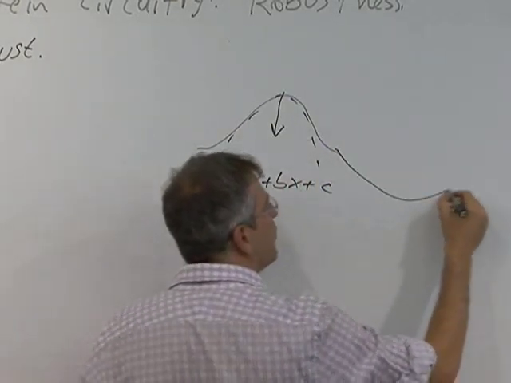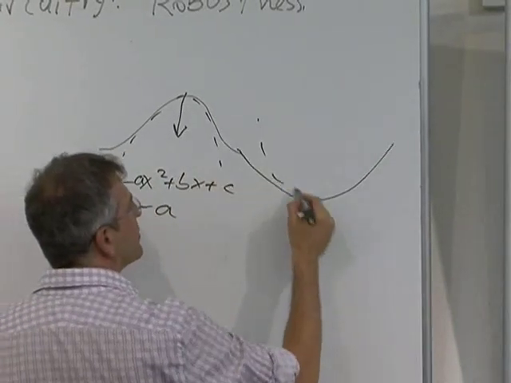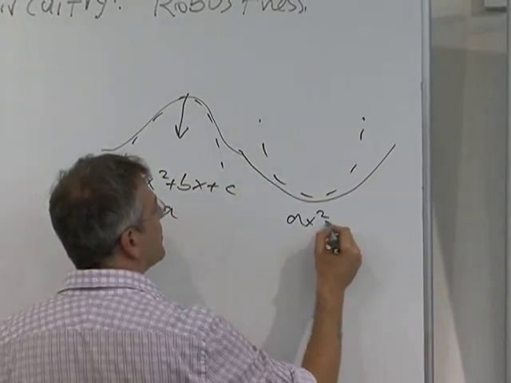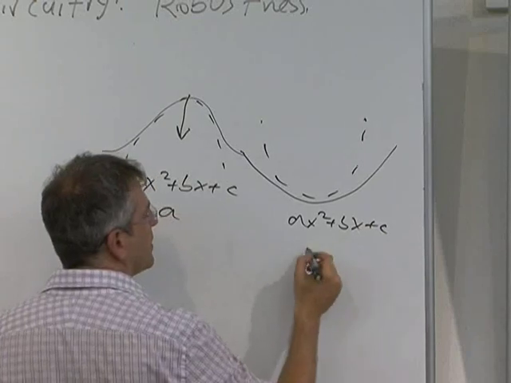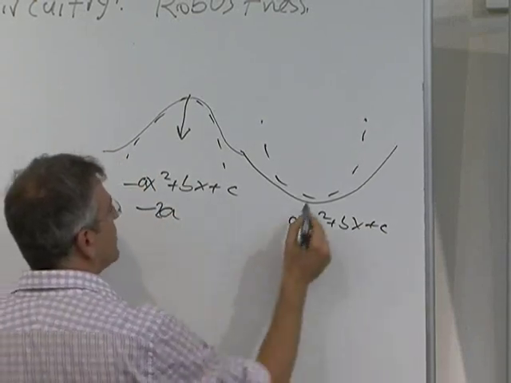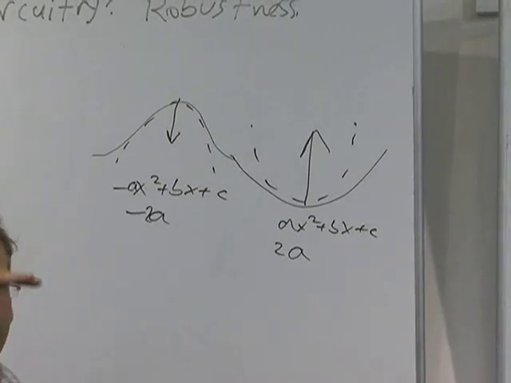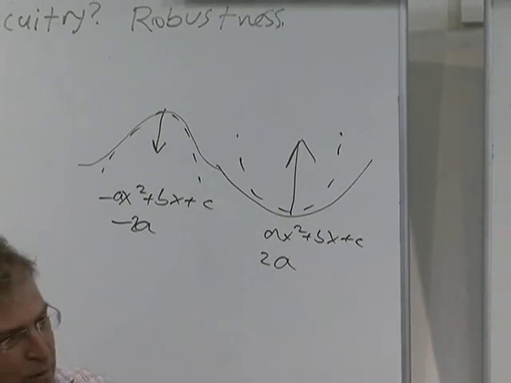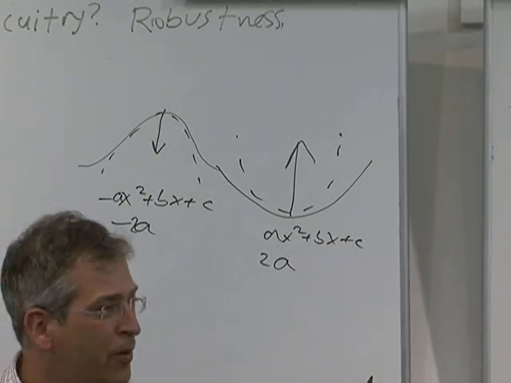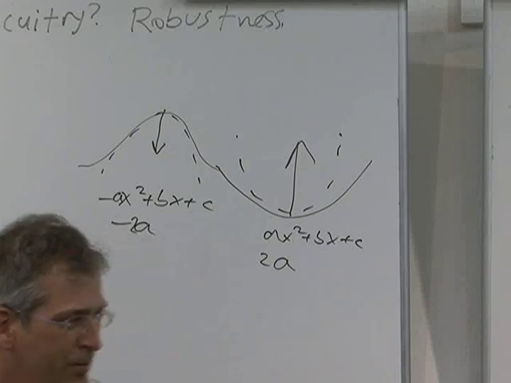If you have a place with no morphogen, it looks like a parabola here, ax squared plus bx plus c. Take the second derivative, you get a, so this is positive. So if you have a shape like this, diffusion wants to make it go down. If you have a shape like this, it wants to fill it up. Diffusion wants to smooth. That's this term, the second derivative.